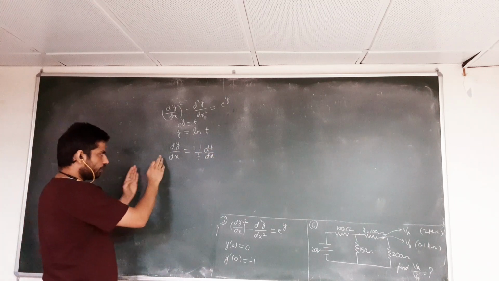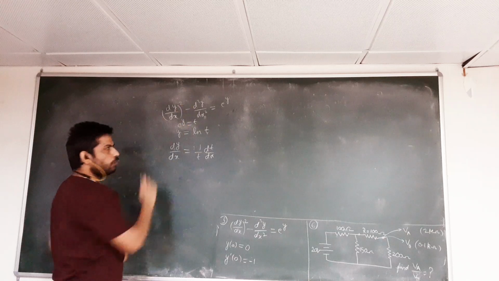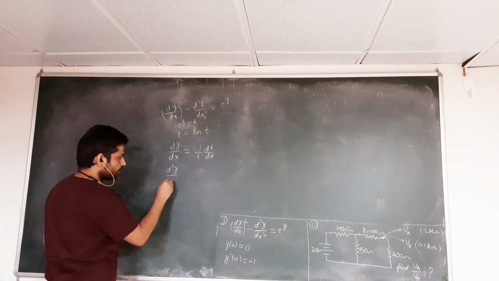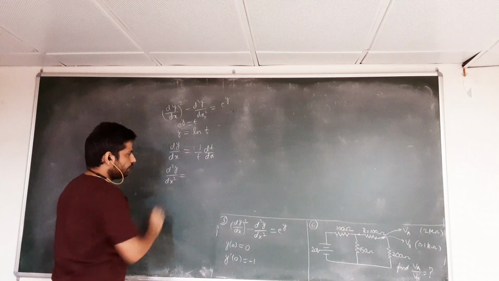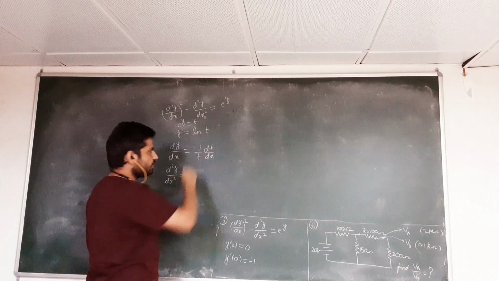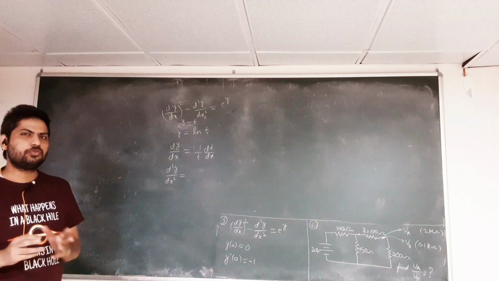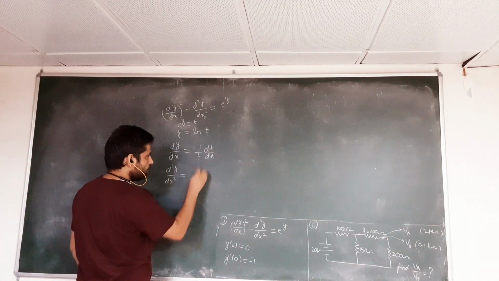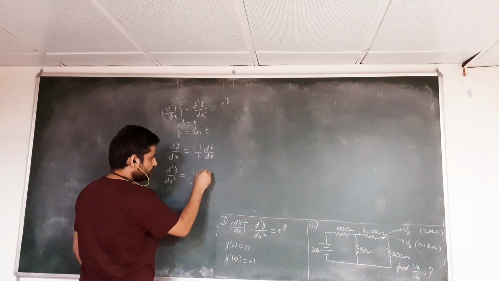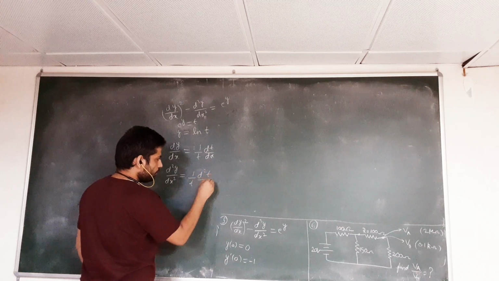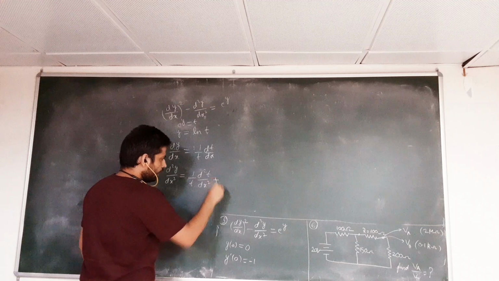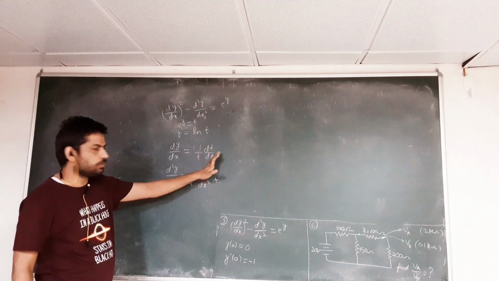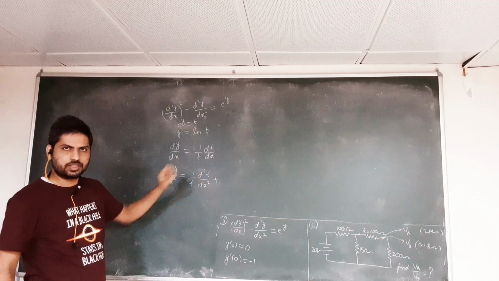Similarly, if you differentiate this term again, as we require the double derivative also, this will be d2y by dx square. Now you have to differentiate this term and we can use the product rule. If we consider this first term as it is, it will be 1 by t d2t by dx square, and if we consider this as the second term, this will be constant, and now we have to differentiate the 1 by t.